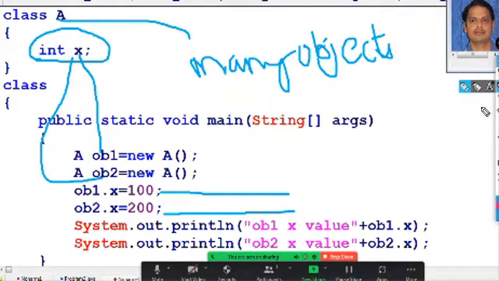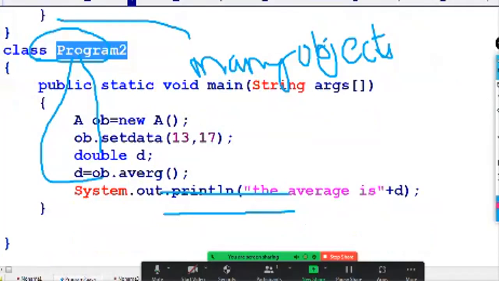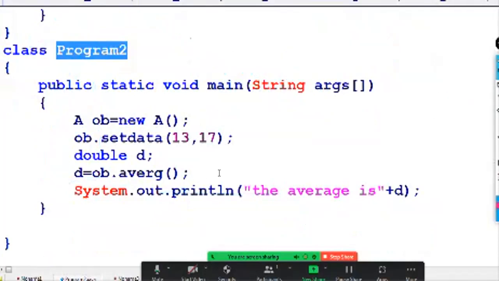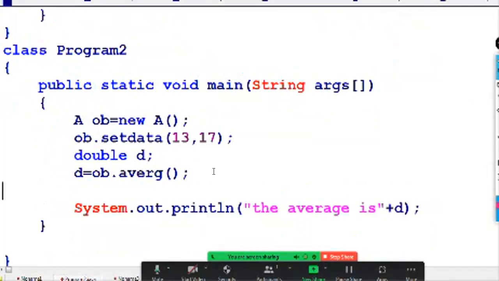Now, whenever a class contains a method, that method can be accessed any number of times with the same object. Let us go for it. There is one more variable here. Double d1 is another member where I can go for calling the average method.